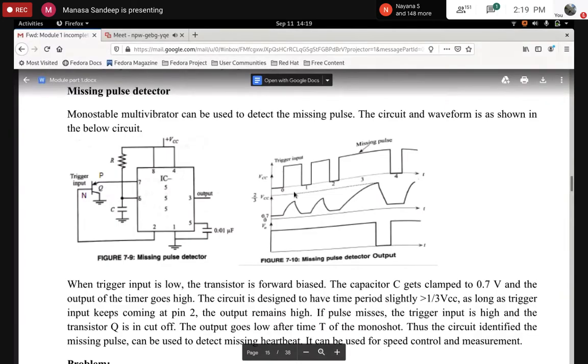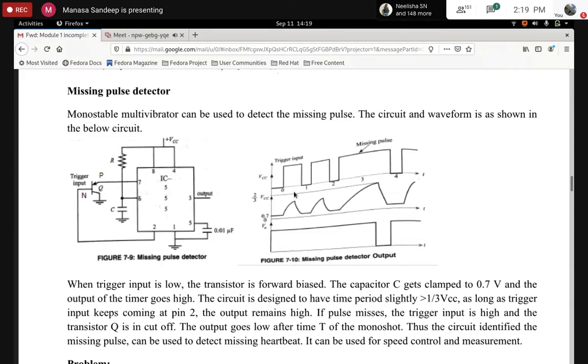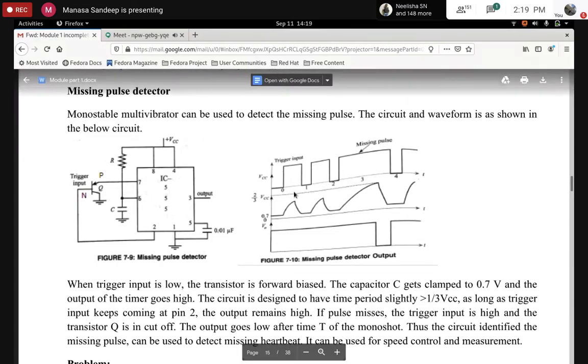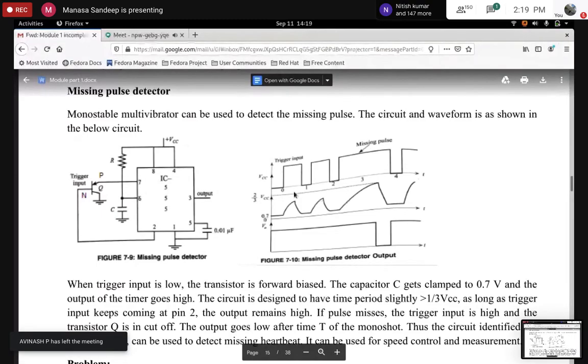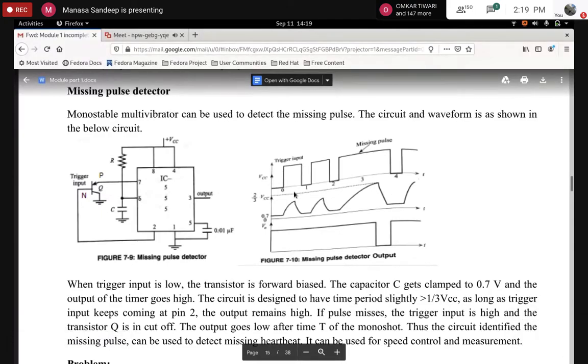Here is the circuit diagram. You can see to the left side that you have connected one more transistor. Remember that one transistor is already there in the 555 timer IC. Here I have connected one extra transistor. Please observe that the type of transistor we have connected externally is not an NPN transistor, it's a PNP transistor, correct?